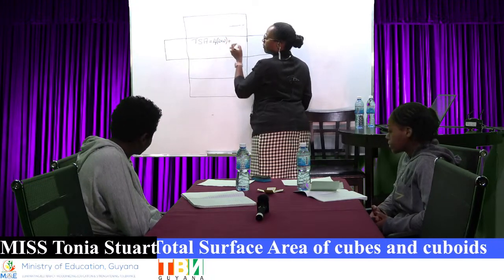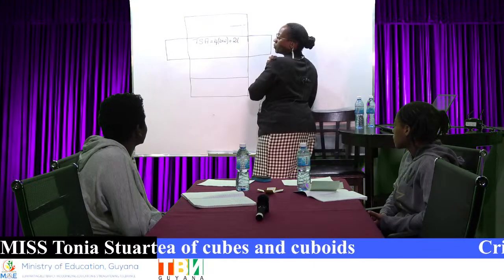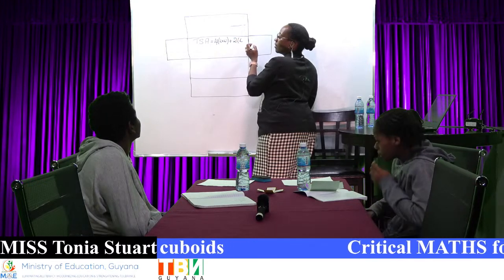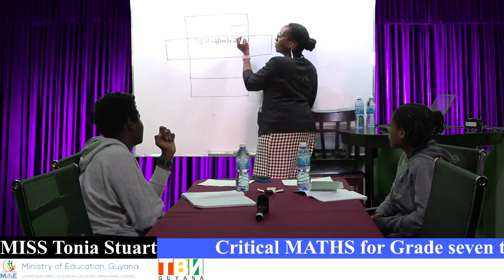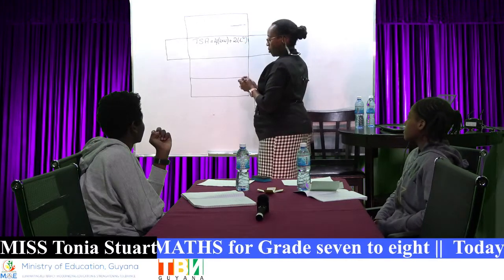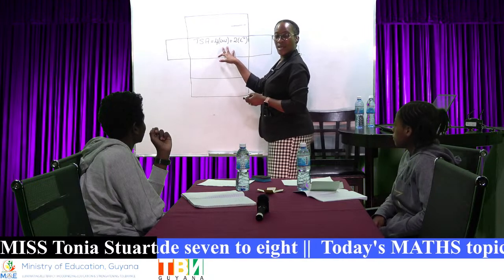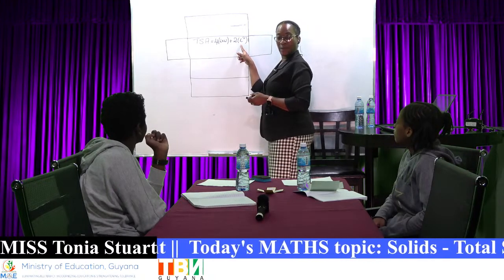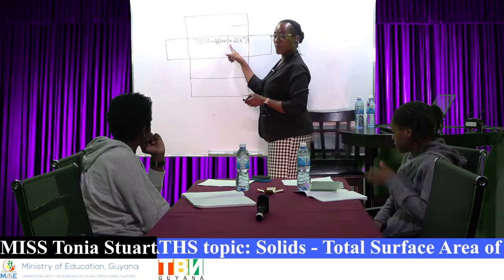And what else do we have? Squares. 2 squares. And what's the formula for a square? Length times length, or length to the second power. Great. So we determine the 4 rectangles using the length and the width, and we determine the 2 squares using the length by the length. What do we need to do with it? Add it up.